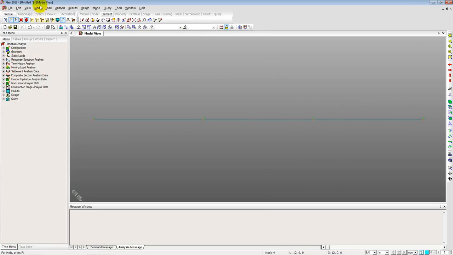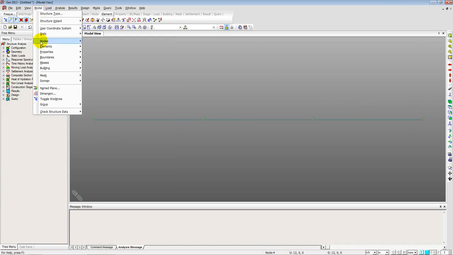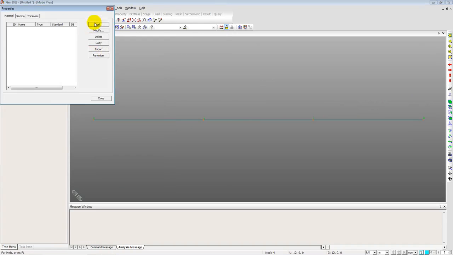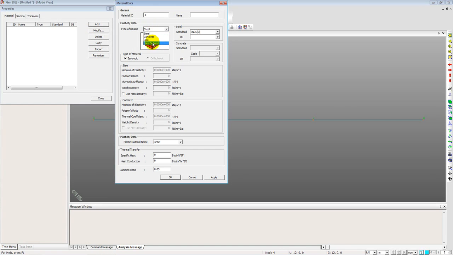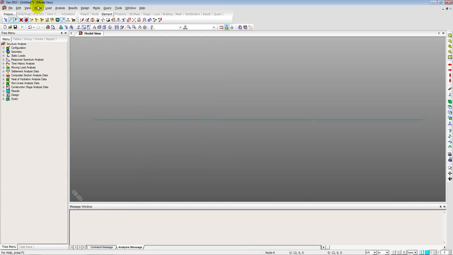Now I will add some materials and sections to this truss. So model properties, material, add. We can define steel, concrete or user defined. Let's go for user defined in this case. The modulus of elasticity of the user defined material that we will select in this example is 200 gigapascals, or 2 into 10 to the power 8 kilonewton per meter square. That's material 1, click OK, close, then go to model